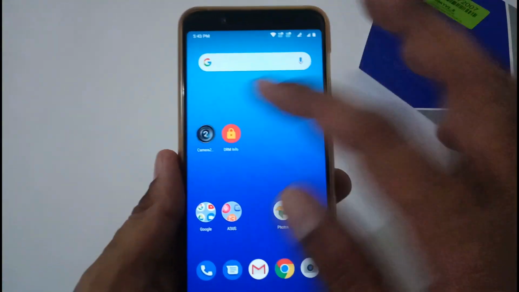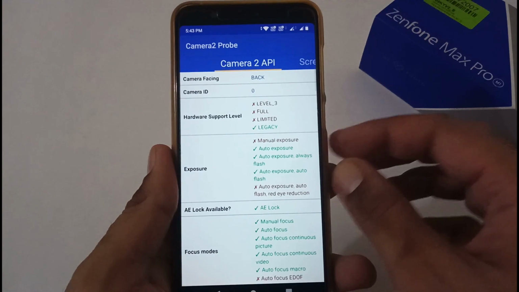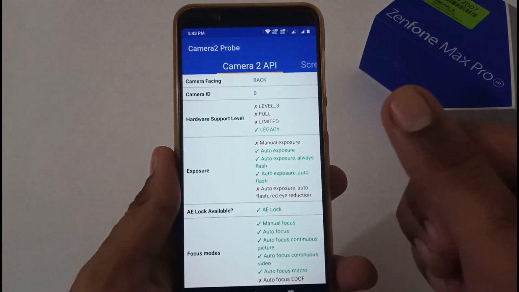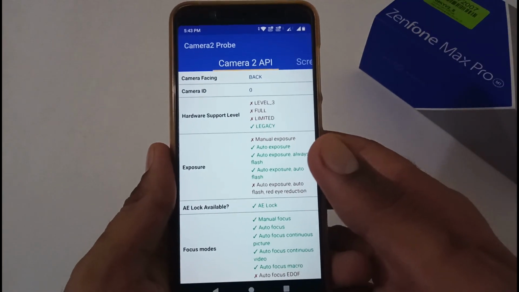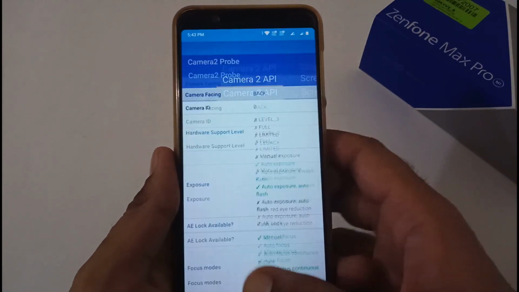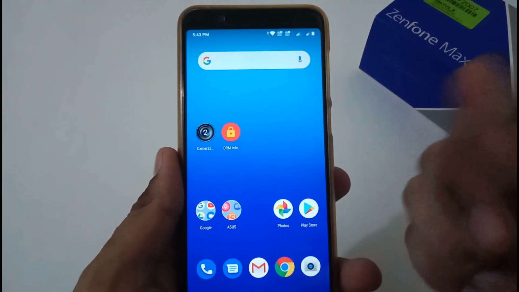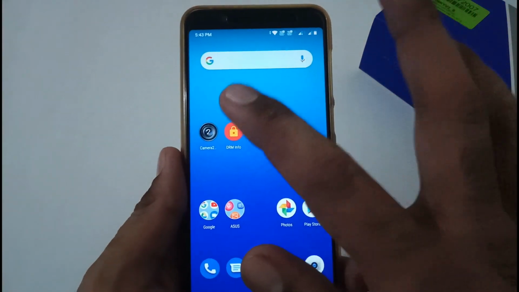Before we end this video, let's confirm the status of Camera2 API. So on version 082, I had forcefully set it to legacy to see whether it would upgrade to level 3 or not, but it is really disappointing that it has not. They are providing this particular thing in Android 10 but not in Android Pie. So let's wait till we get the stable Android 10 update.